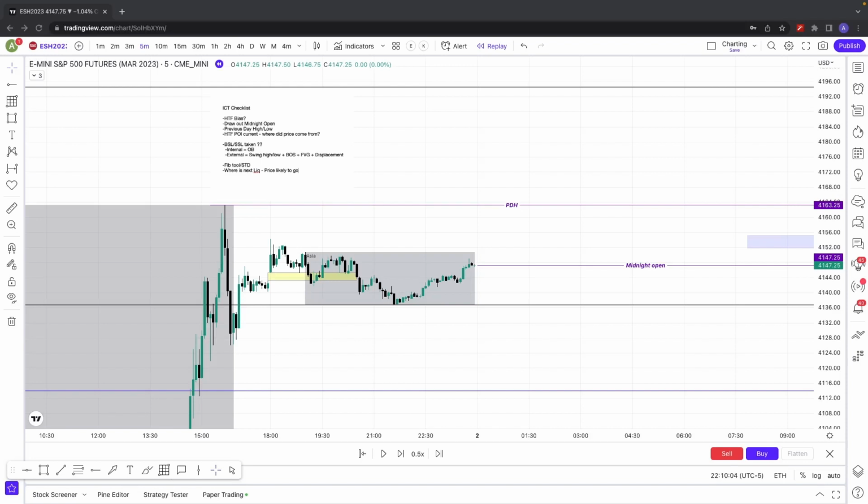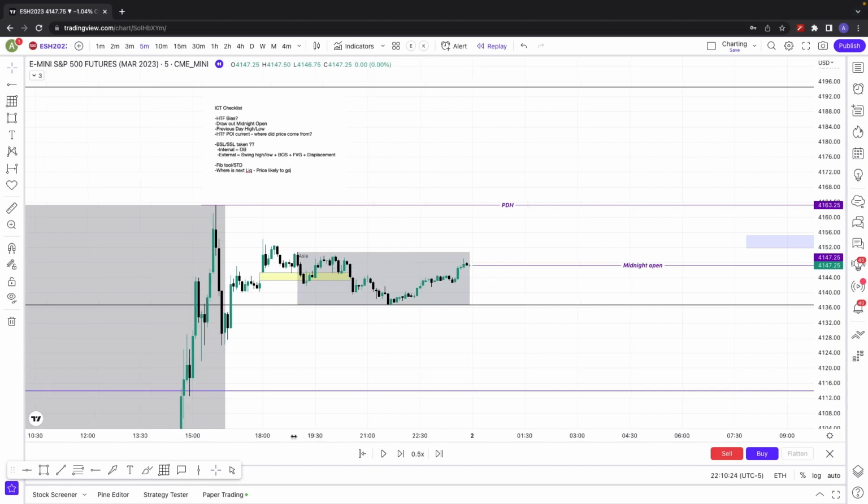I put together a little training drill on TradingView using the bar replay, and I just wanted to go over Wednesday and show you how you can use this tool to help you with execution and stuff that you're looking for. So first of all, I want to go ahead and zoom in on